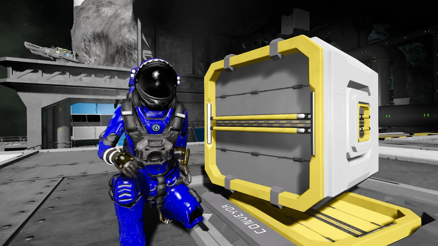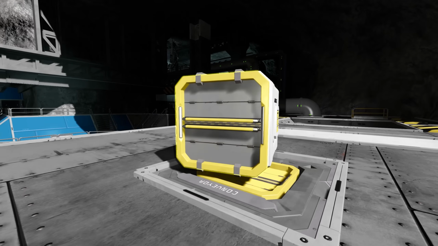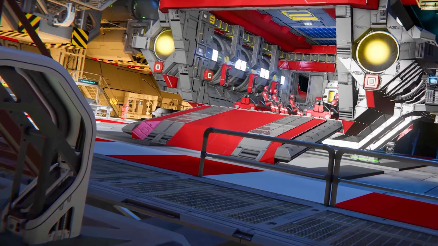The medium cargo container is only for small grid, which this one also appears to be, and has a larger conveyor port on both the ends and then smaller ones on the other four sides, which this also appears to have. So if we move on to the next shot, we can immediately see one of our new blocks on